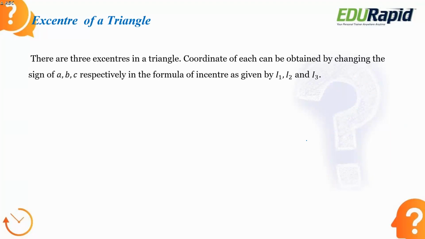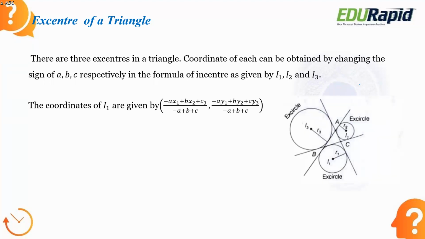Then what is meant by excenter? There are 3 excenters in a triangle. As told to you all, if you consider one triangle and extend it on all the sides, you can actually draw 3 circles in between them. I'll show you that. Just have a look here. A triangle extended on all the sides, you can draw 3 circles in between those extended lines. So that is called the excenters of the triangle.